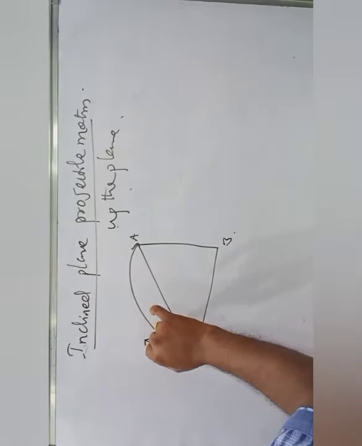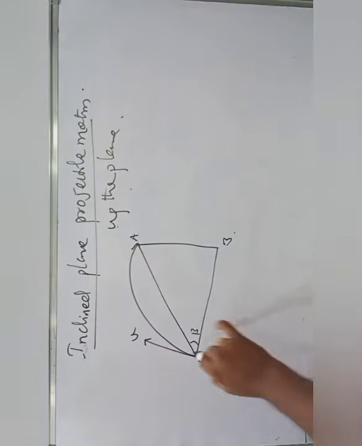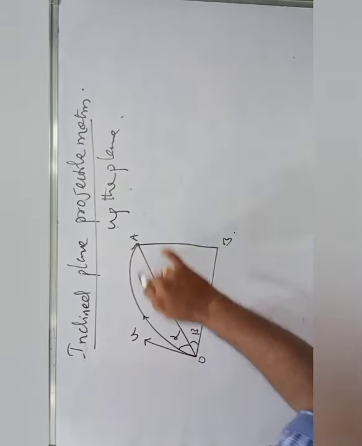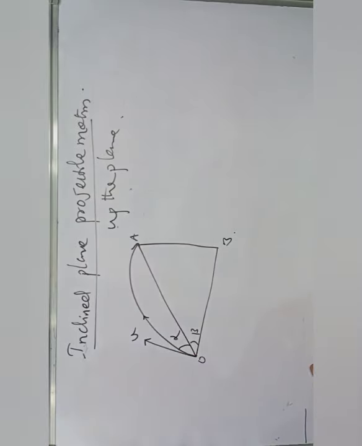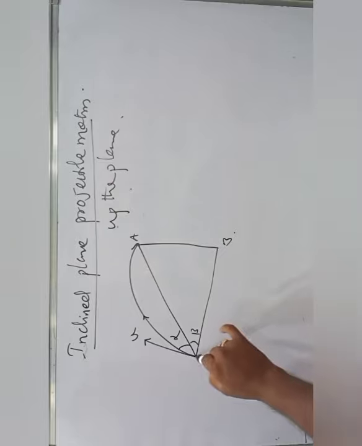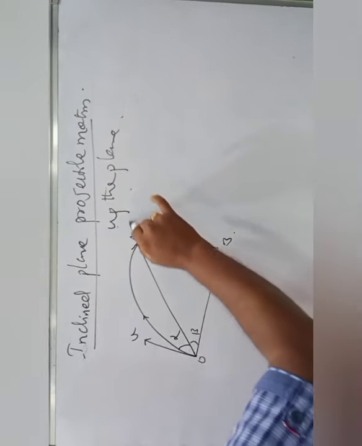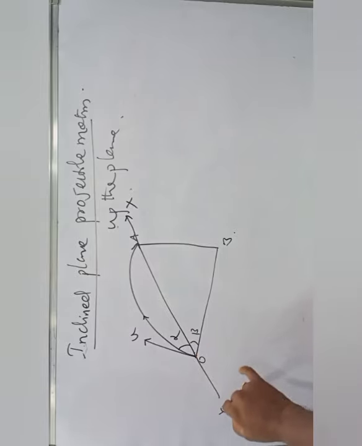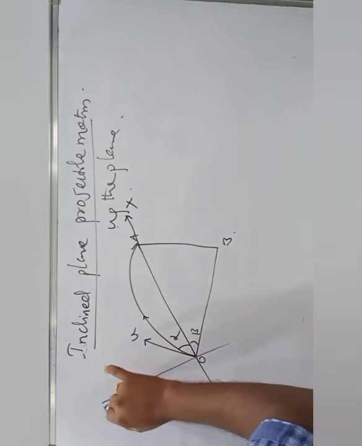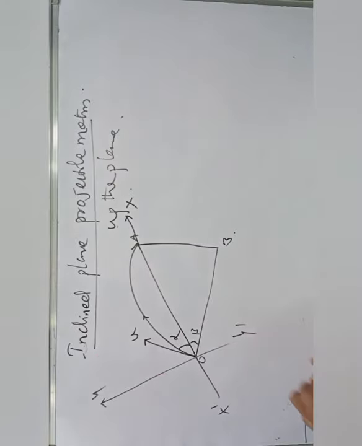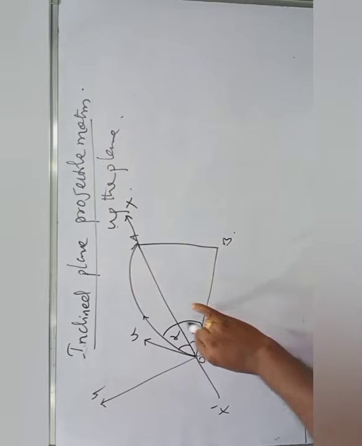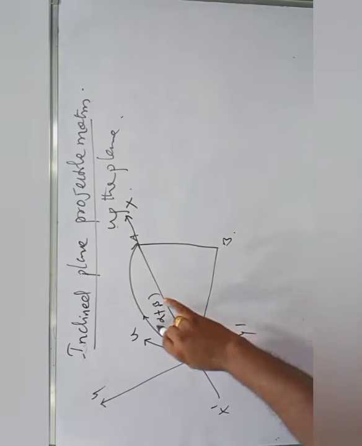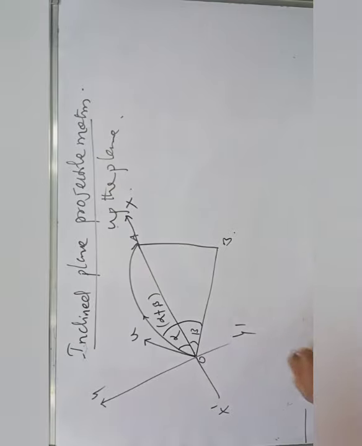So the projectile is projected with an initial velocity u at an angle alpha, then finally reaching the top of the inclined plane. So we can take the reference point along the x-axis. This is x dash, and there is a y-axis, y dash. Alpha plus beta is the total angle from the horizontal.